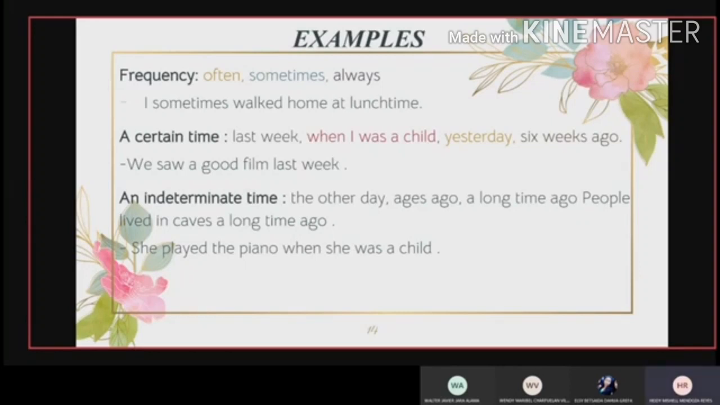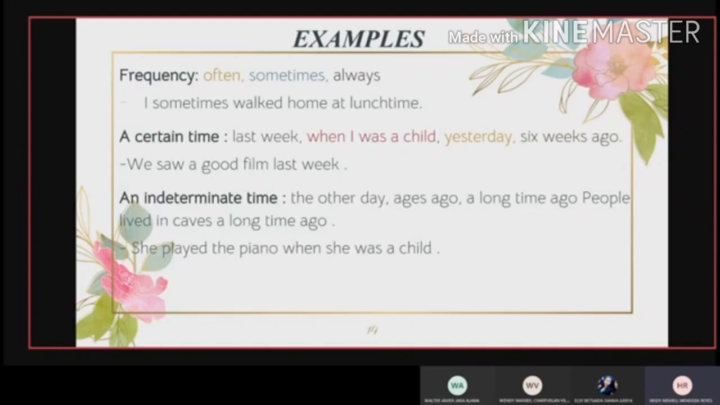It is always used to refer to when something happened, so it is associated with certain time expressions that indicate frequency and certain indeterminate time. For example, in frequency: often, sometimes, always. For example, I sometimes walk home at lunchtime. And certain time: last week, when I was a child, yesterday, 6 weeks ago. For example,